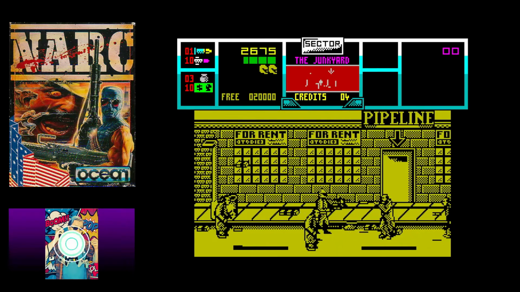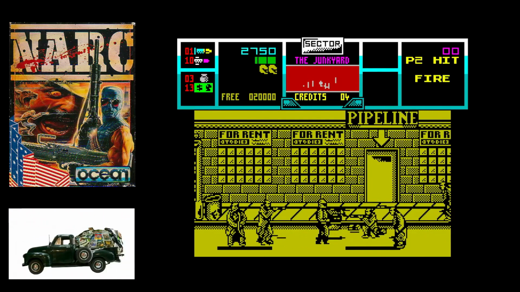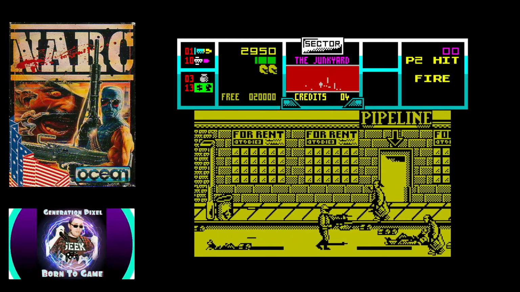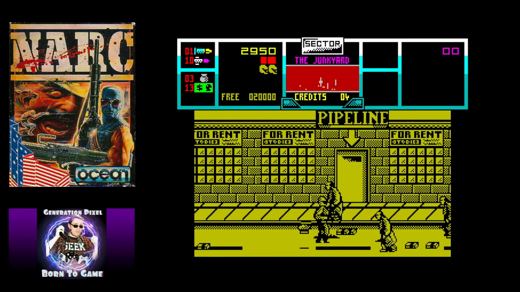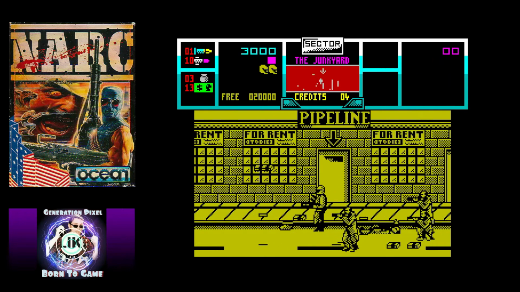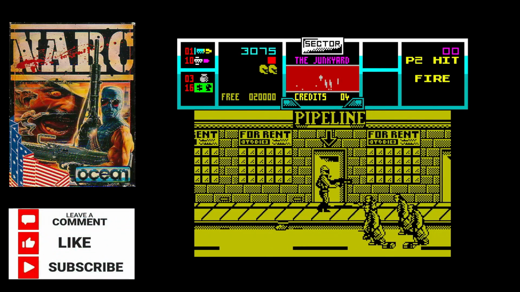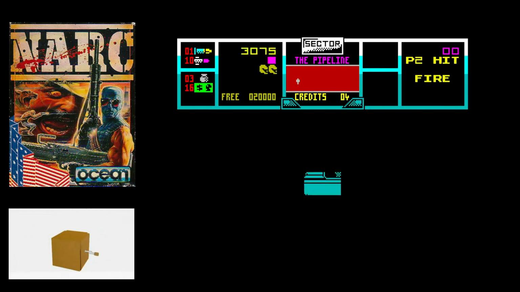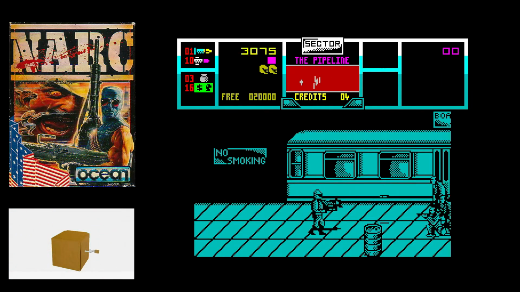Now don't get me wrong, being able to play this at home was a wonderful thing because these machines back in the day were absolute coin guzzlers and they would destroy your pocket money in seconds. So paying out the £5 or £10 to play this on a home micro, it was just economic sense, and even though the quality wasn't quite there compared to the arcades, you could still have a reasonable amount of fun with this game.